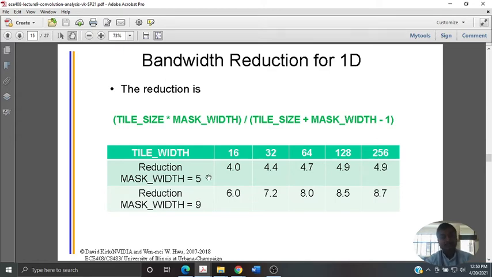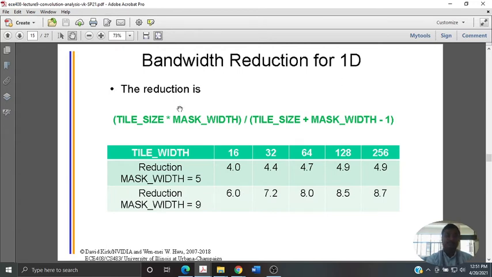The other option is, for tile width, you keep one of them as the tile width, say 16, and then go ahead and increase the mask width. Instead of 5, we have 9. So the center element, with 4 elements on the left and right. Then the improvement with respect to the memory bandwidth is that the global memory access is reduced by 6. So again, it is increasing.